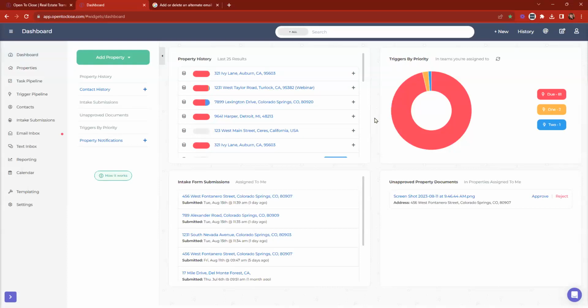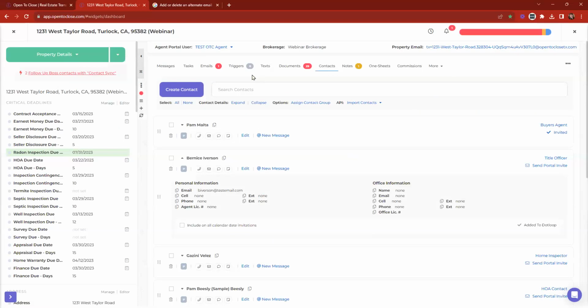We have a follow-up. I think it says Skyslope documents. Is it possible to have uploaded documents attached to the appropriate Skyslope document placeholder, or does this have to be attached manually in Skyslope? I haven't been able to play with the Skyslope integration as much as I would like to. I want to say that when we push over from Open to Close into Skyslope, you do have to manually do that within Skyslope. You have to do the manual sorting in Skyslope